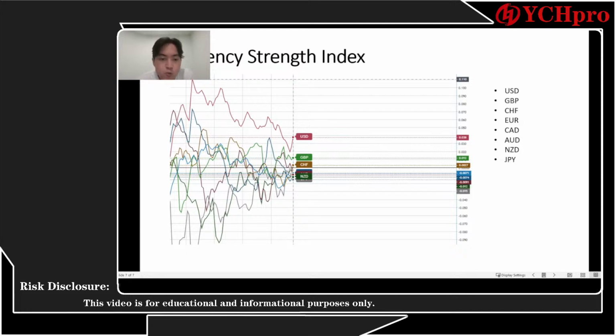So what are the pairings we are looking at? We are looking at the weakest pairing. Which is the weakest pairing? It's JPY. So with USD/JPY, we are likely to look for long positions. You can try to do it like that. Other than that, you can also trade GBP/JPY, those kinds of pairings. Just do cross pairing, the weakest against the strongest, so that you can find cross pairing trading opportunities.